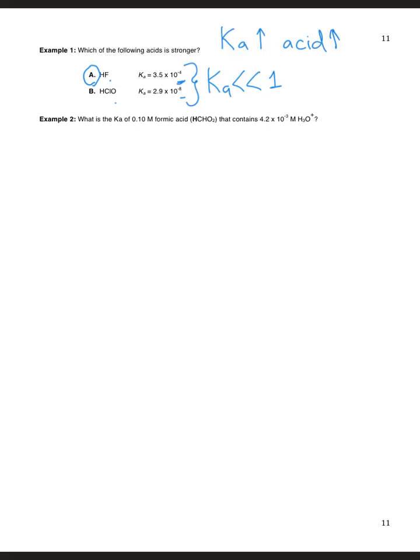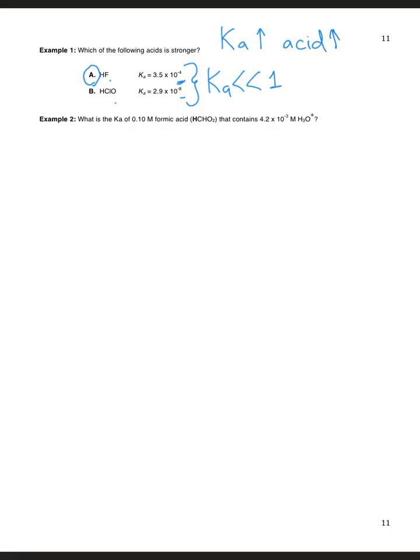Next, let's take a look at example 2. What is the Ka of 0.1 molar formic acid that contains 4.2 times 10 to negative 3 molar hydronium ions? Before we can calculate the Ka value, first you will need to write out the acid ionization of formic